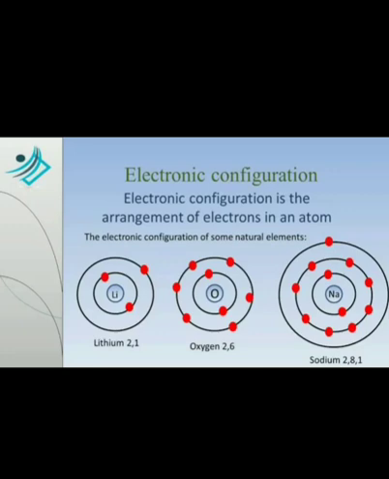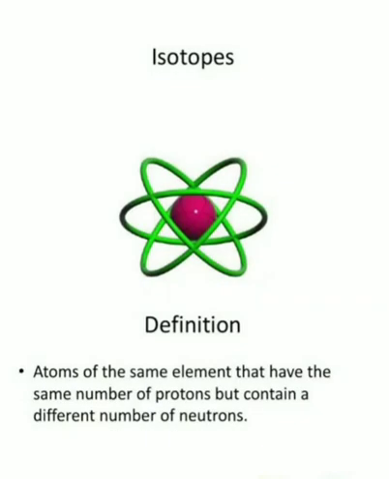Now we discuss what isotopes are. Isotopes are atoms of the same element having the same atomic number but different mass number. What are isotopes? They have the same atomic number but different mass number. Isotopes are the atoms of the same element with the same atomic number but different mass number due to the difference in the number of neutrons in the nucleus. Why are isotopes formed? Because of different neutrons in the nucleus.